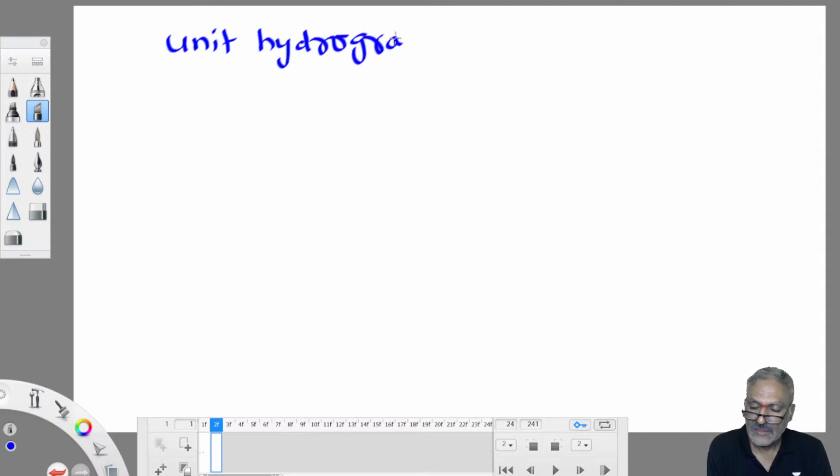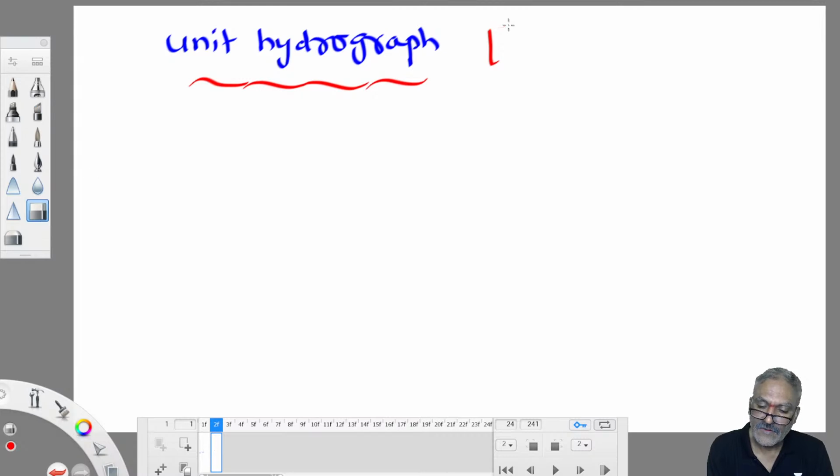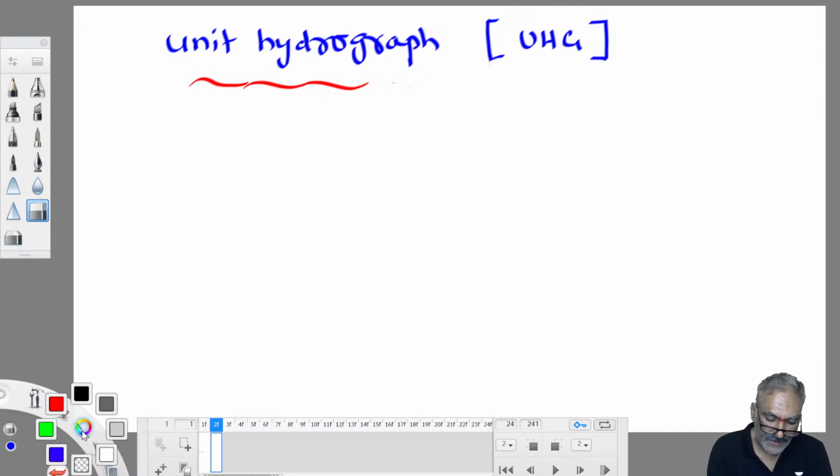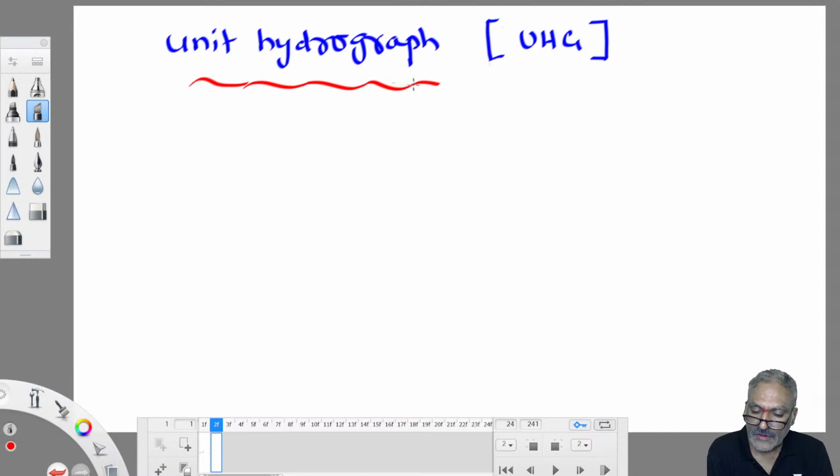Unit hydrograph. Shortcut, we call it UH. Unit hydrograph. There is no reality in a unit hydrograph. It is an imaginary concept, but with the help of this imaginary concept, we try to find out something related to reality. So, when you are